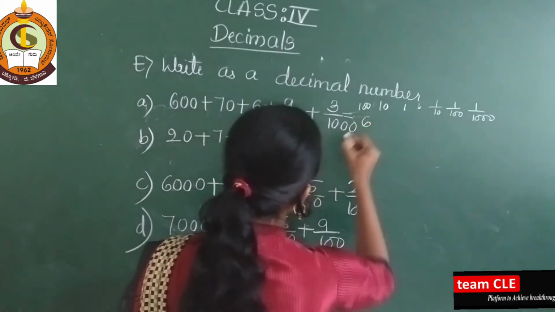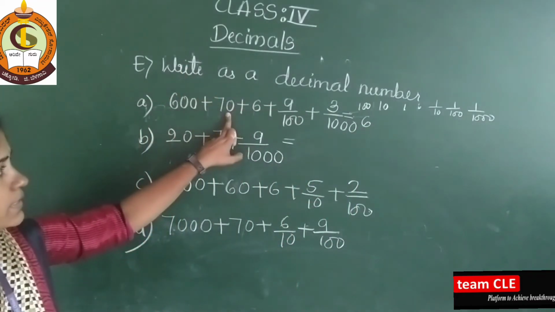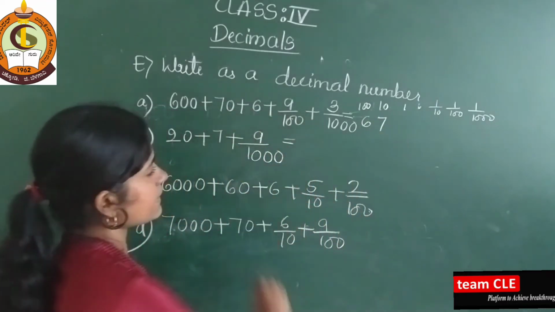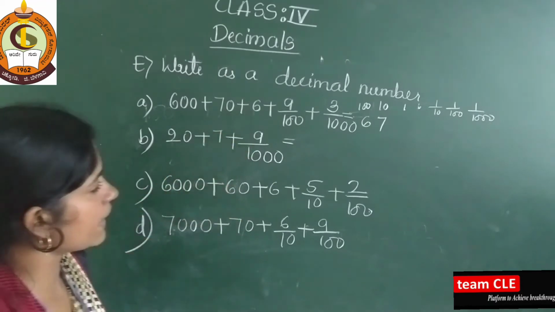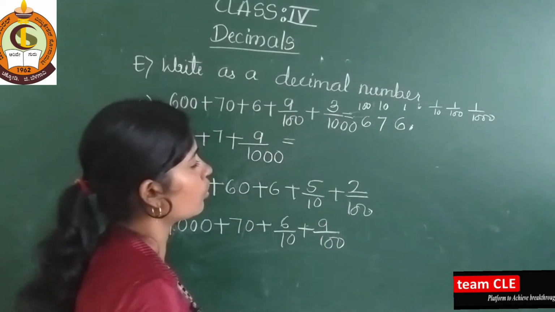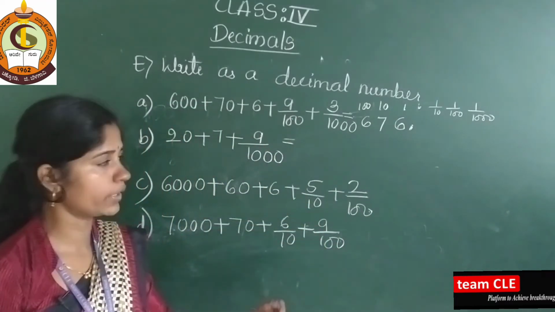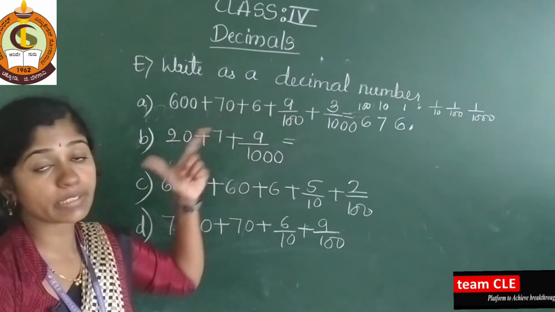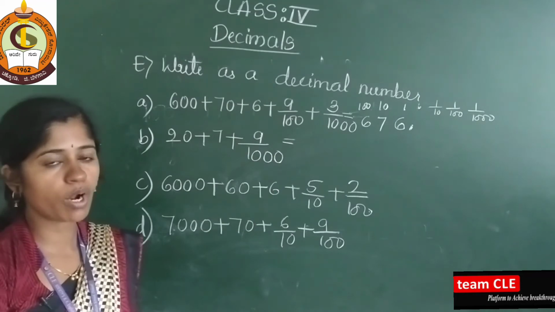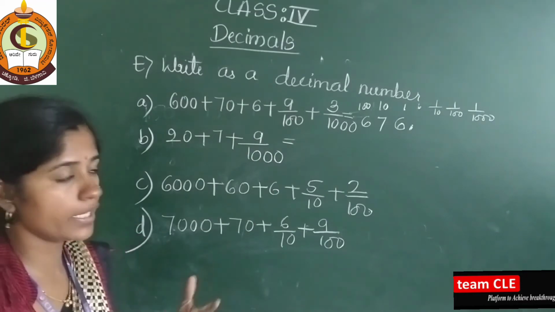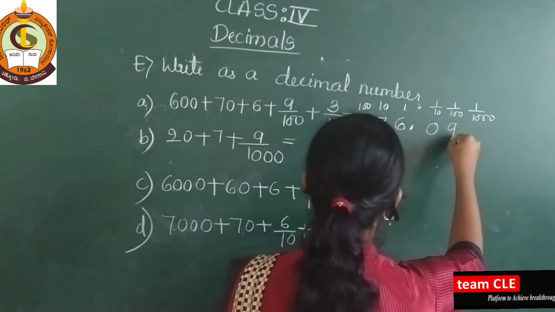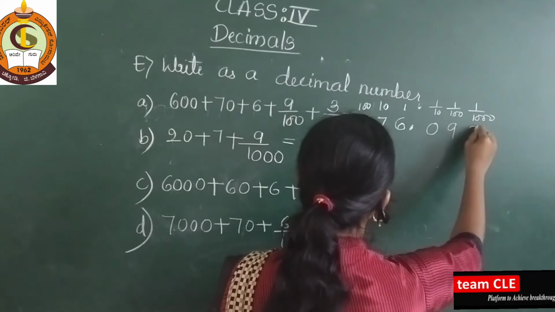So write here 6. 7 tens is there, means 70. So I have to write this in tens place. So here 6 is there. 6 ones means you write here 6 and give here point. Here you have to know your point to be noted. So here, dear students, 10th place is not there. 100 place is there and 1000 place is there. Then what we have to do for 10th place?